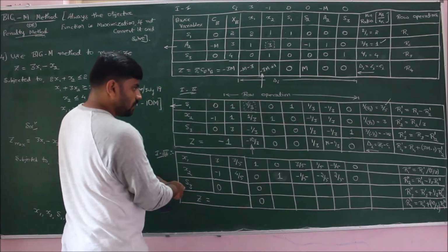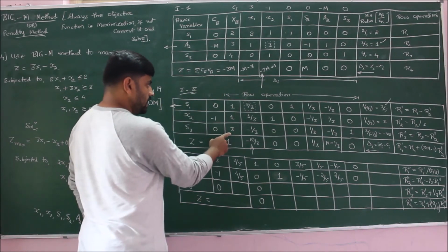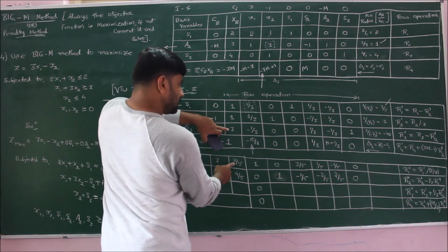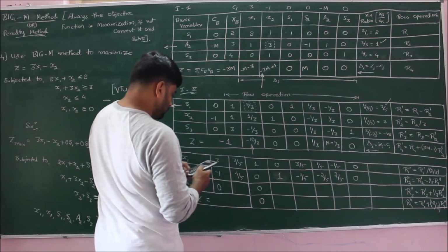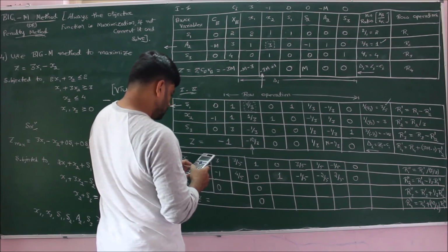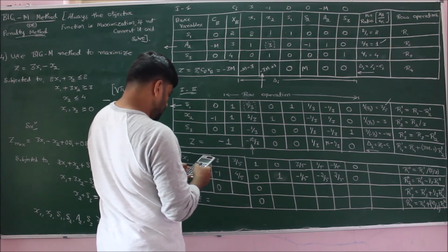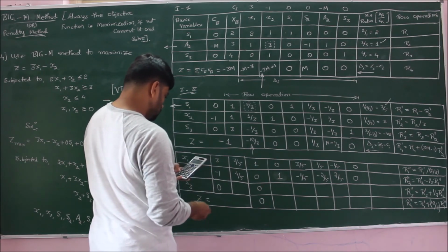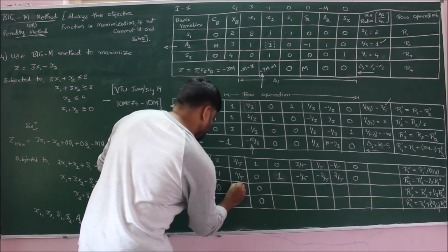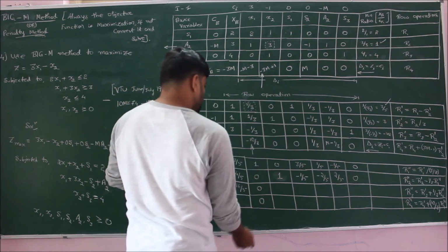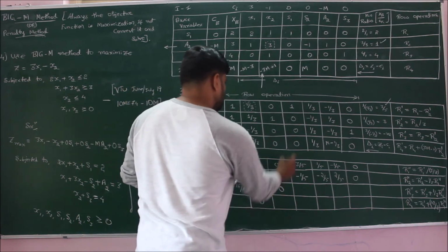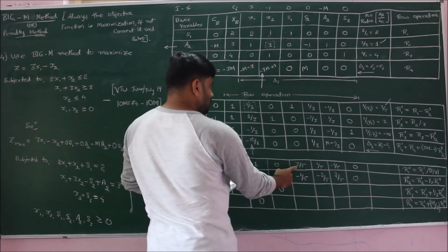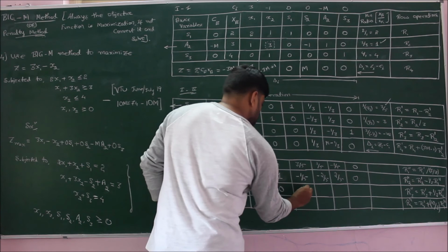Next, moving for row 3, here we have 3, here we have 3 by 5. 3 and 3 by 5. So therefore if we perform the operation 3 plus 1 by 3 into 3 by 5, we get the value as 16 by 5. Here we have 0, here also 0, it will become 0. Here we have 0, but here we don't have 0, it is 3 by 5. So therefore I will get the value as plus 1 by 5.